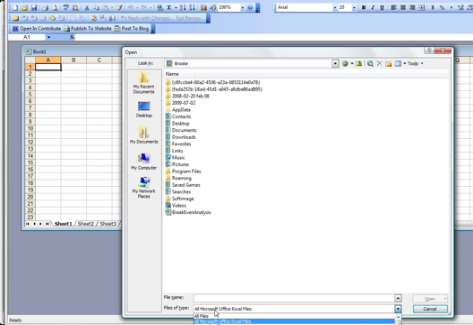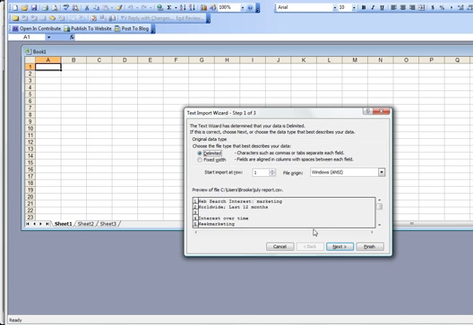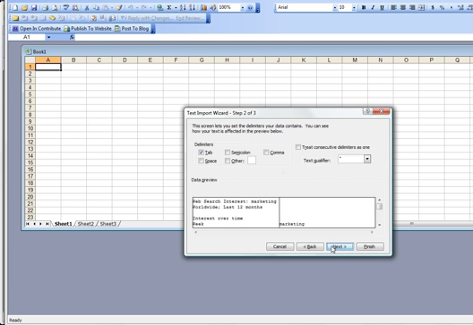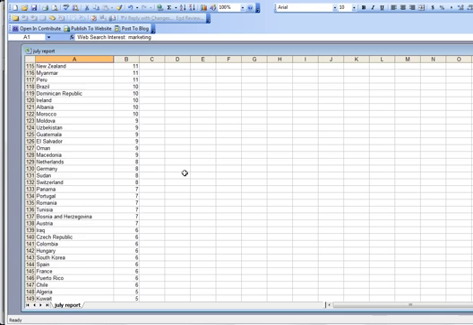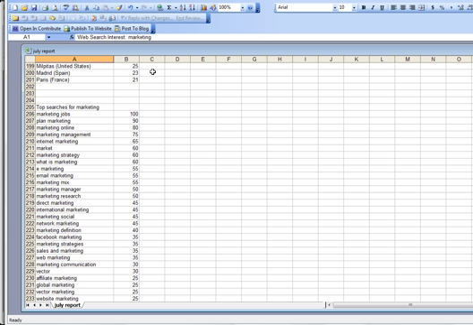I'm going to need to change my file type to all files, and I'm going to go ahead and look up that July report. I'm going to tell it that I wanted to insert it, and it's going to give me all of that information in my Excel page. And as you go down through the information, you'll also see the top searches for marketing have been under these